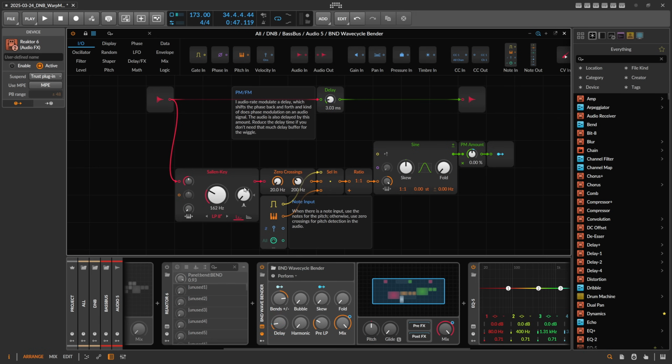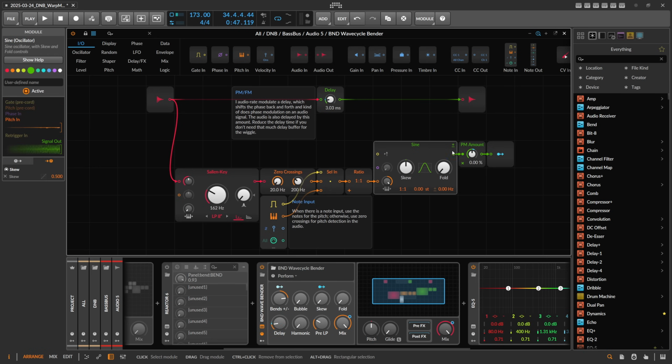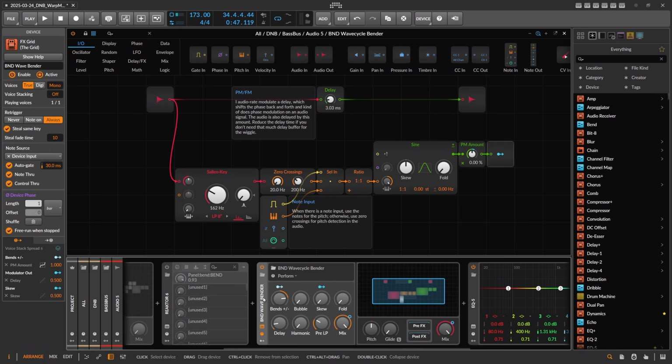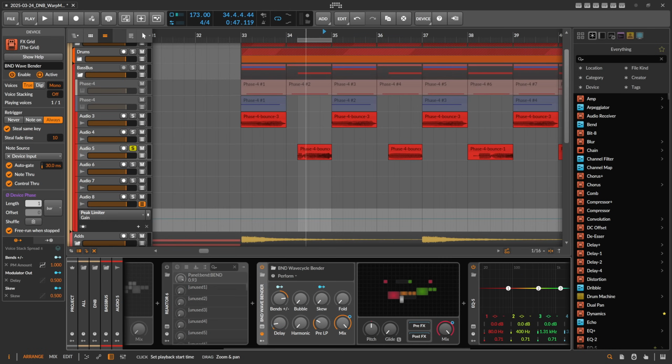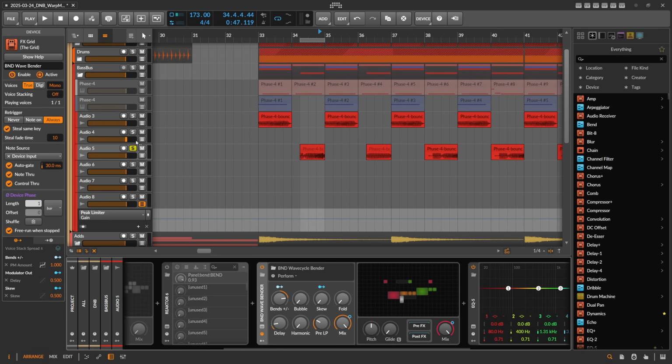And yeah, like I said, pitch tracking is in here. And then I use this to drive a sine oscillator and then use the output here at audio rate to modulate delay time. If there is a note incoming, as you can see here, if you want to use this on an instrument track, you use basically the notes. So this switches automatically to using the notes instead of using pitch tracking here, which is much more accurate, right? So I can show you this maybe on an